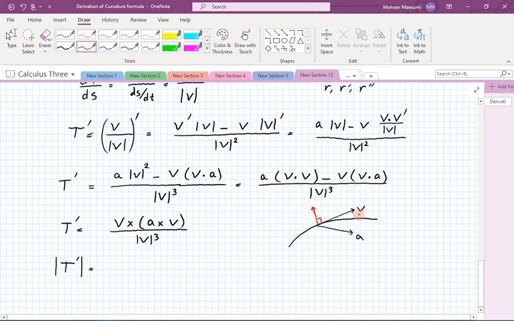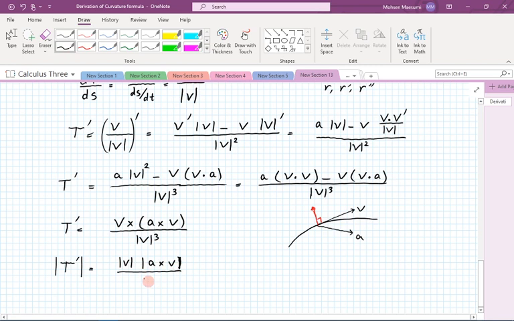So if you want to cross v with this red vector, it's going to be the length of this times the length of that times sine of the angle between the two of them, and sine of 90 degrees is going to be 1. So that means when we want to find the length, this is going to be the length of v times the length of a cross v